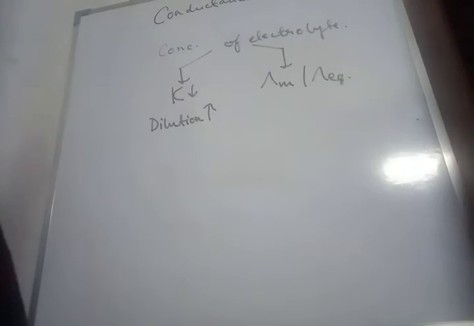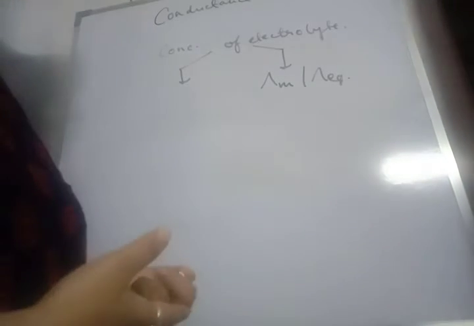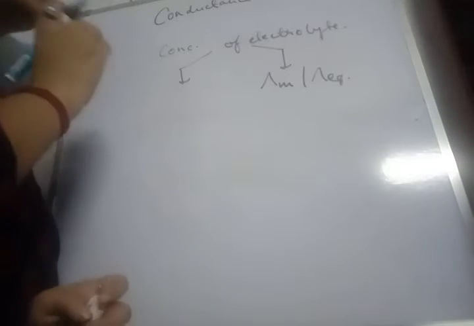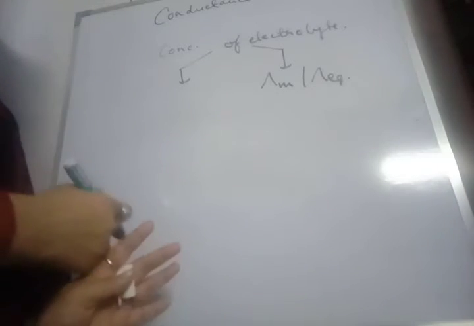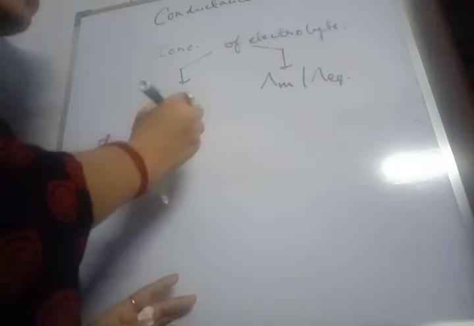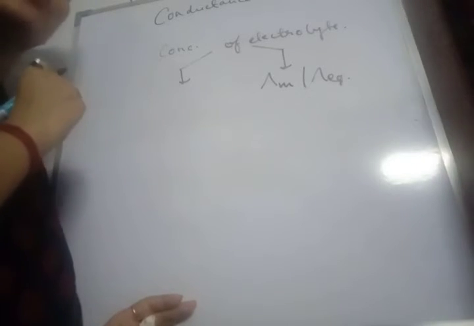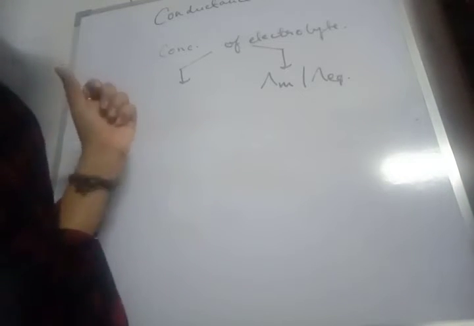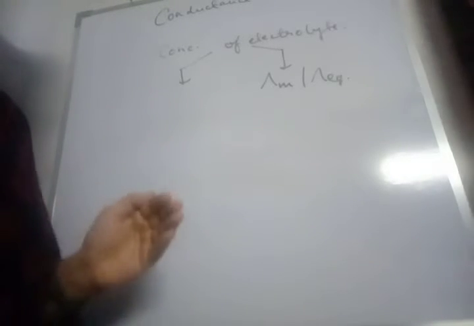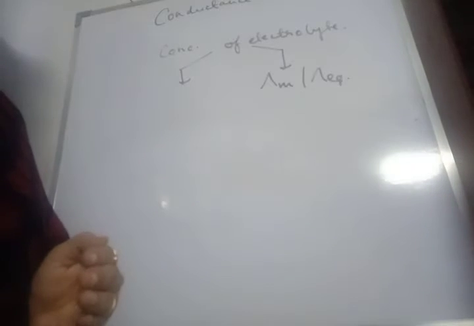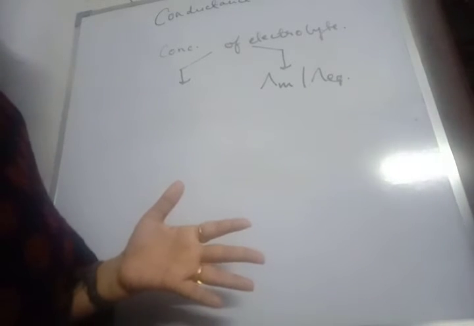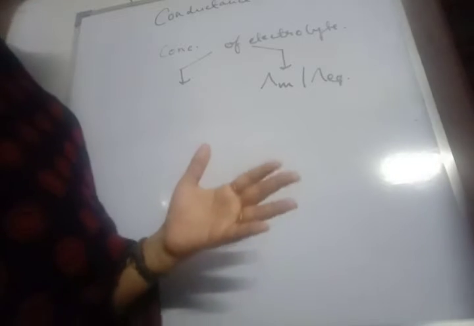Next, we have the molar conductance or the equivalent conductance. In case of molar or equivalent conductance, both for strong and weak electrolyte, with dilution the conductivity will be increasing. So let's talk about strong electrolyte. Strong electrolyte undergoes complete dissociation at all concentrations. So on dilution, the number of ions will remain the same. So what happens in this case? With dilution, the inter-ionic attraction is decreasing, which increases the mobility of the ions. As a result, the conductivity will be increasing.